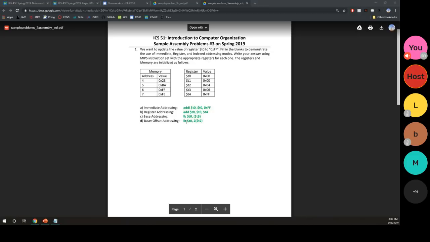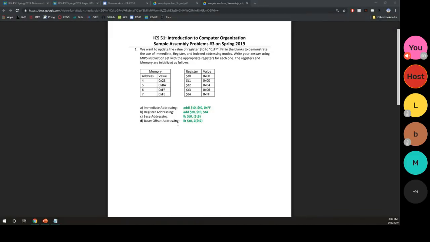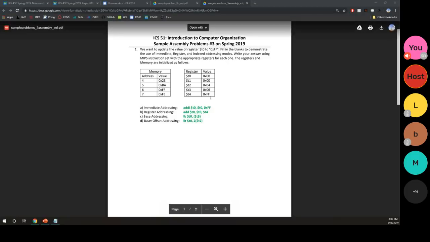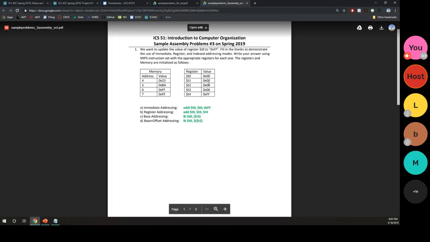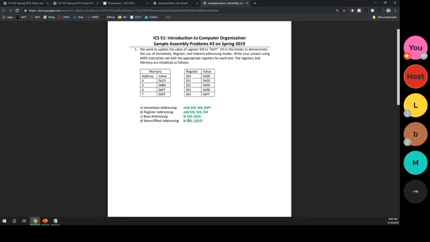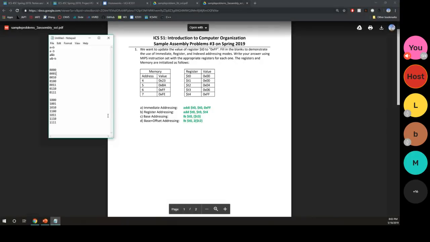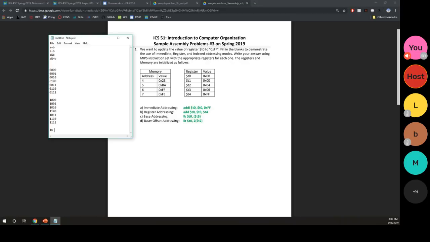Okay, and then theoretically, for example on the quiz, they might not give us a register with a value that actually works. So let's say the memory address was 6 and none of this was 4. What we can do is just say load byte. I'll write it down so you guys can see it written now. You could say load byte T0, and then you would say 6. You could do that,